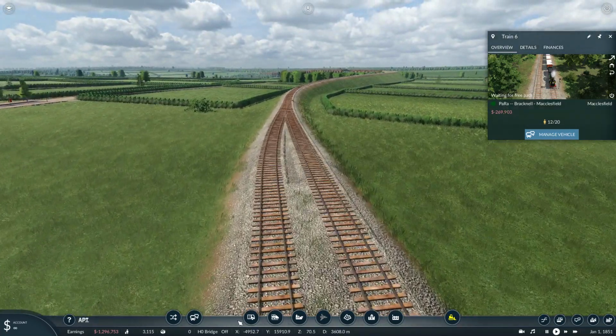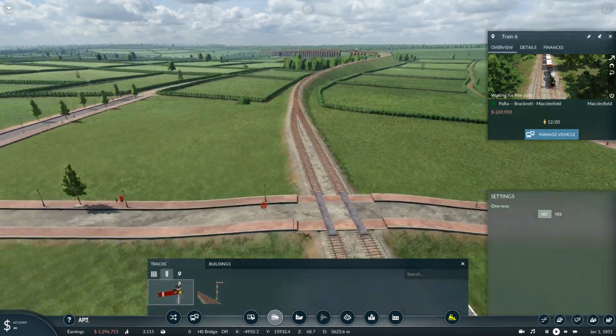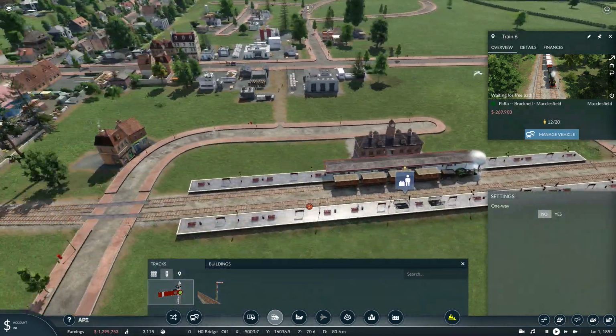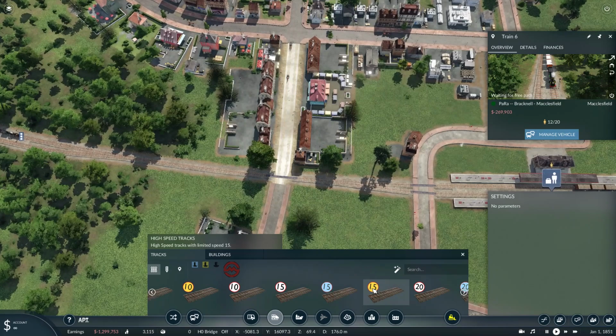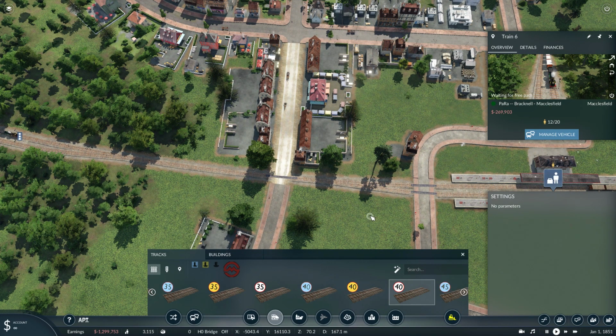You should be on a signal at the end of this platform, really. And this should be... This shouldn't be like this. This should be more...